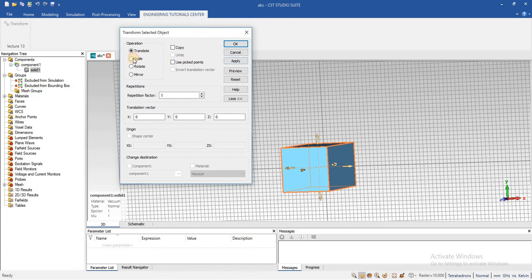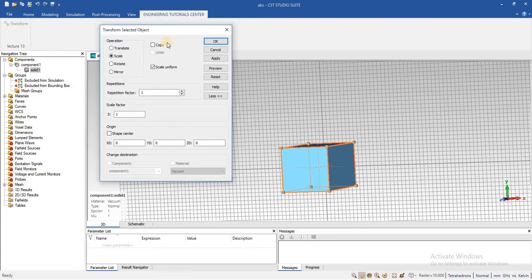Now the second operation is the scale operation. Similarly, you can also define the scaling factor. And if you want to copy it, or if you don't want to copy, you can also do it.